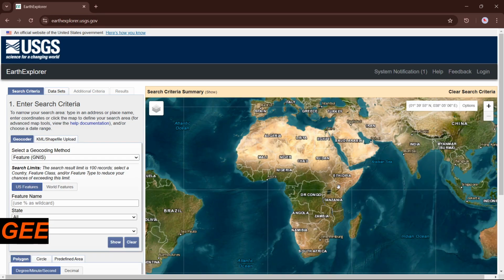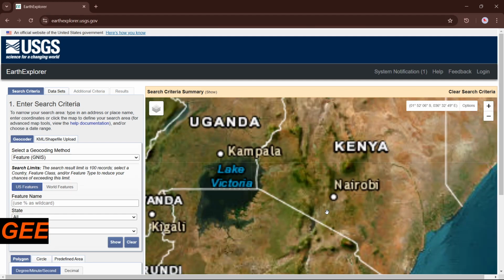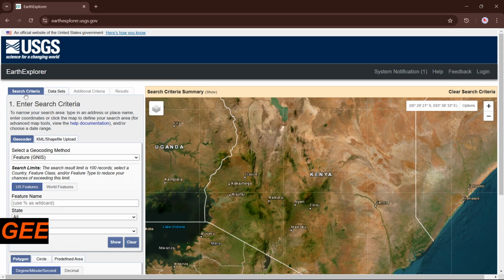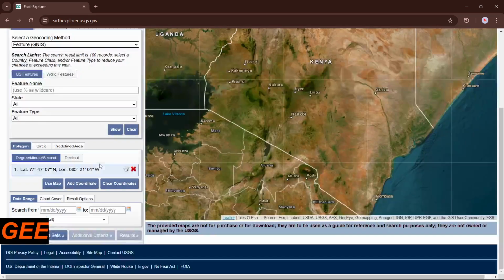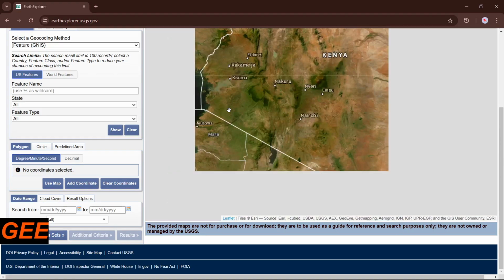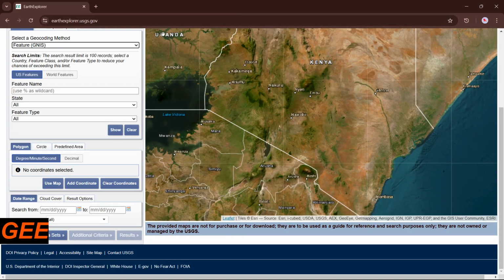So the first thing we are going to do is scope our area of interest. At the search criteria, you shall find the geocoder. Ensure it is GNIS. Then for the next step, to select our area of interest at this point here,